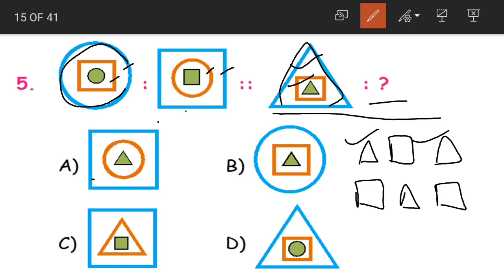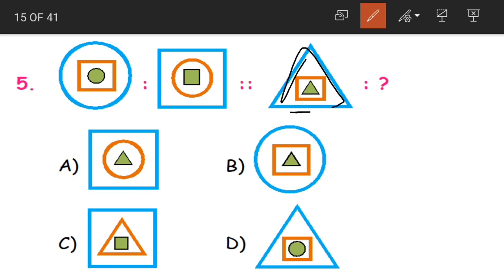Now if you take only that point in mind, if you look at option A, in option A we are having circle. But here we do not have any circle, right? So option A is wrong. Next, option B also has a circle. So again it is wrong. Option C. Option C has a square, triangle and square. Yes, it has no other shapes. So let it be there. And then option D also has a circle in it. So option D is also our wrong answer.